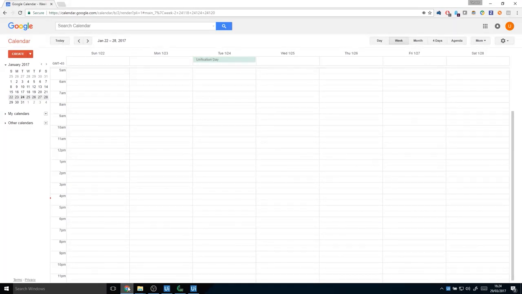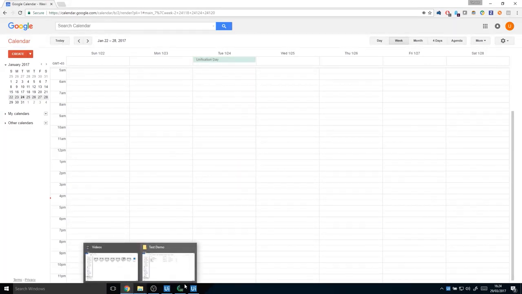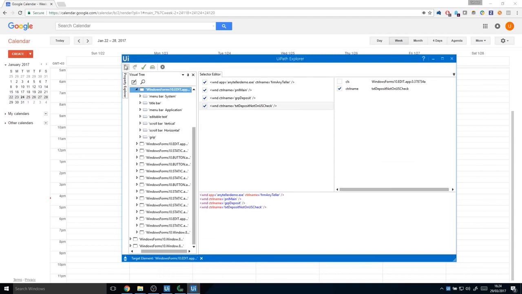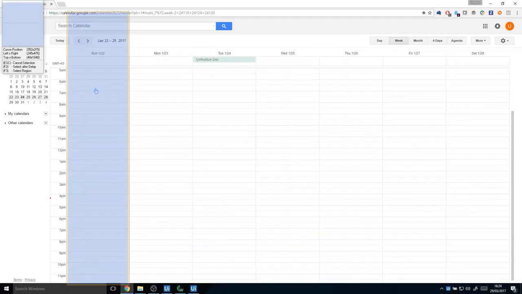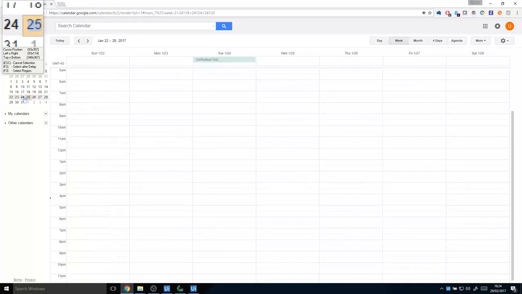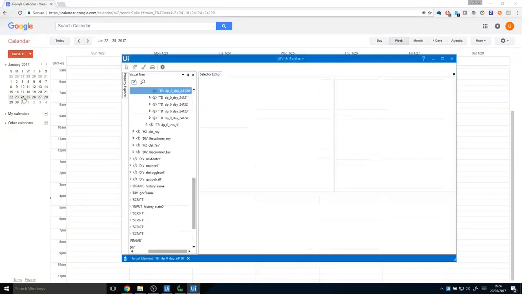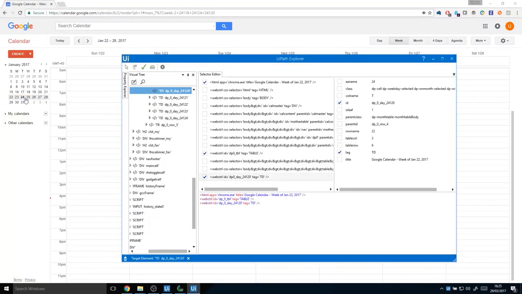To showcase this feature, we can look at Google Calendar inside of a browser. On this page, we can identify each element, just like we did in the desktop applications. Clicking on an element, such as the date of 24th, will display all of its attributes down to the HTML tree. By default, the software selected